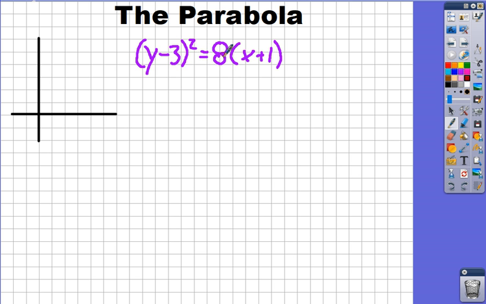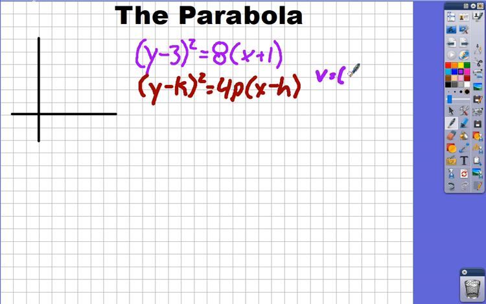The other thing we realize here is that this is in that new form. So let's take a look at this form. This is in the form of y minus k squared equals 4 times p times x minus h. Now, notice that x minus h. We've seen that before. That tells us that the h value here is actually the opposite of what we're looking at. So we can see right now that our vertex is going to be at -1, comma, and the k